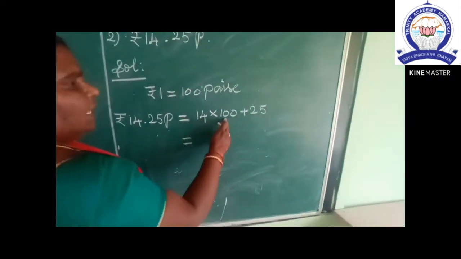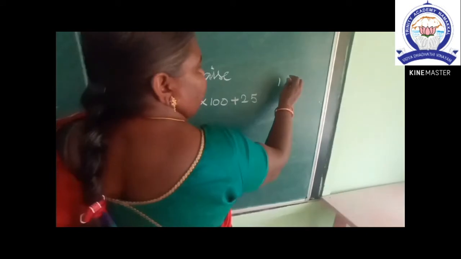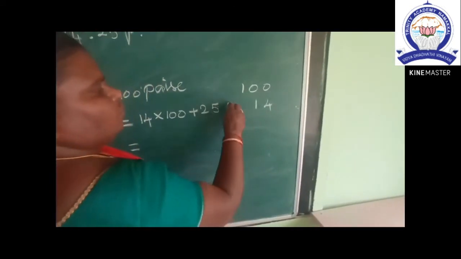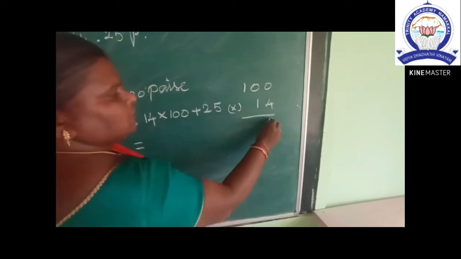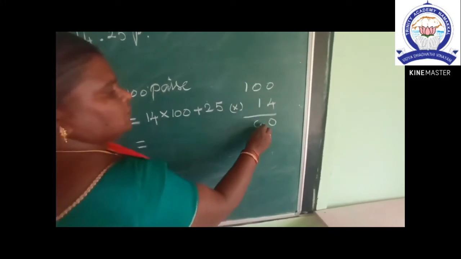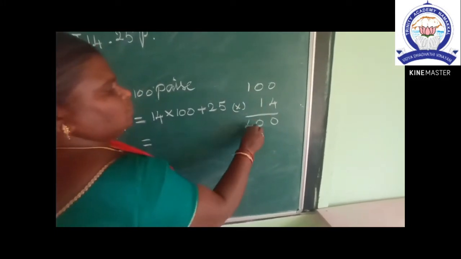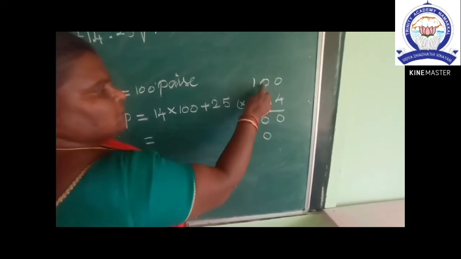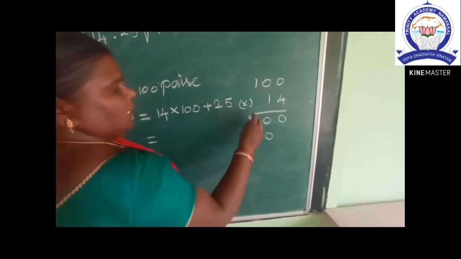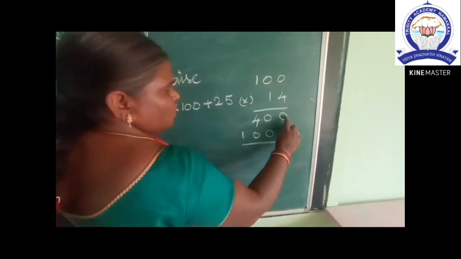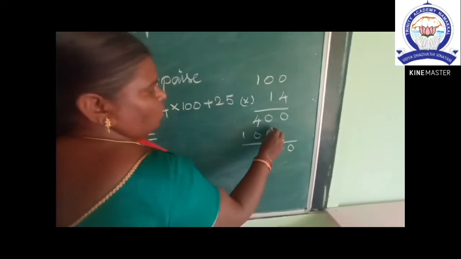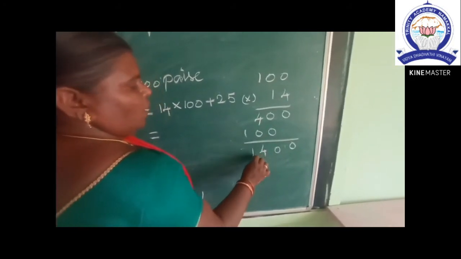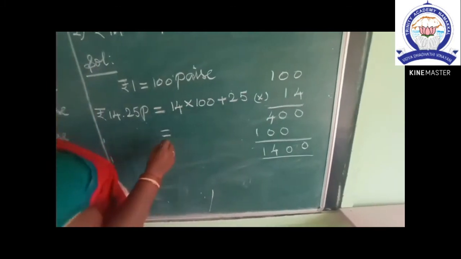14 into 100. You multiply 100, 14. 4 0 0. 4 0 0. 4 1 is 4. 1 0 0. 1 1 is 1. Now you add 0 0. 4 plus 0, 4. 1. We get the answer is